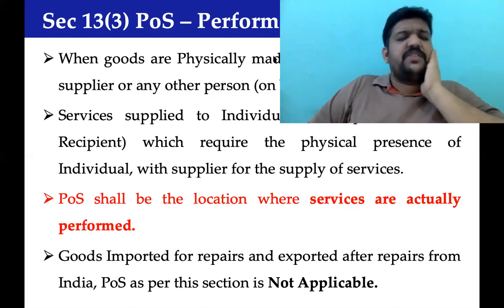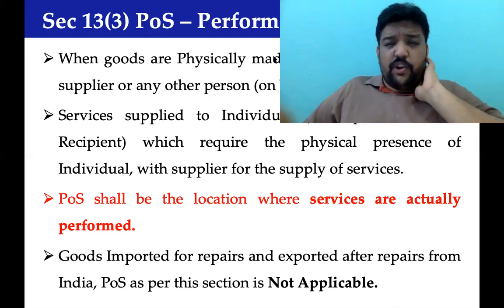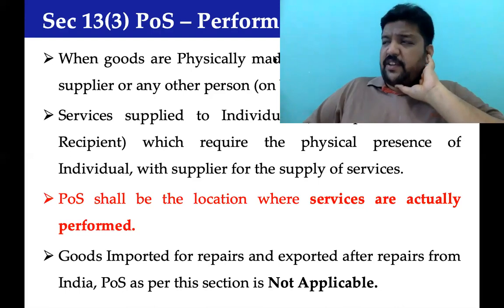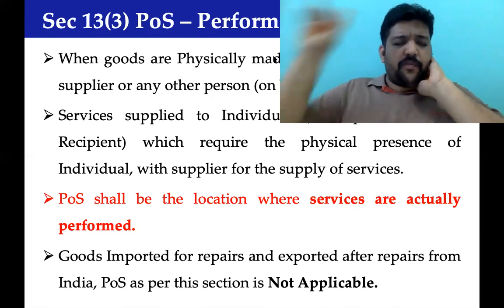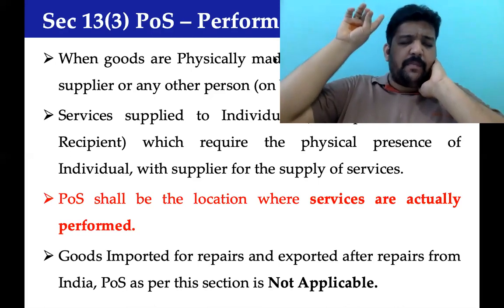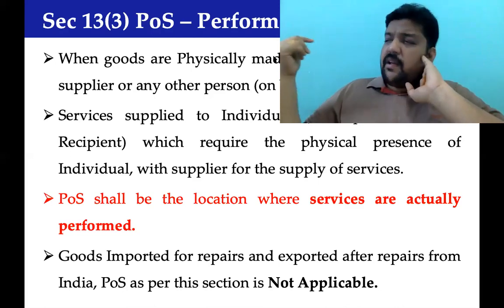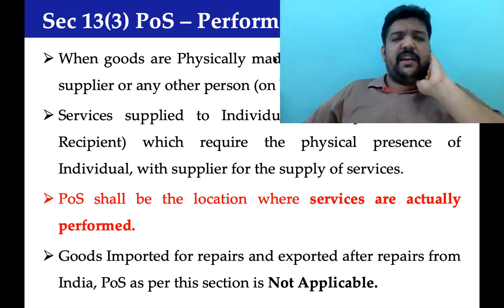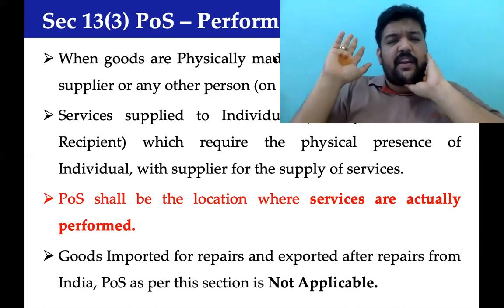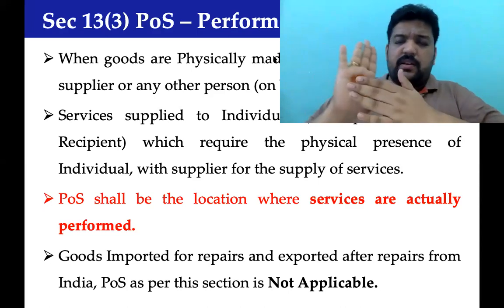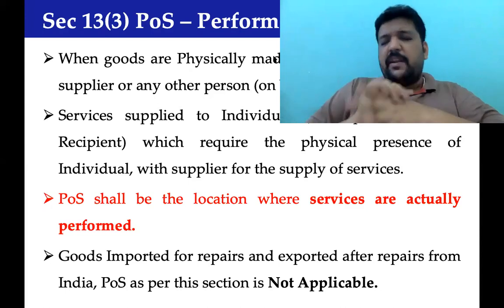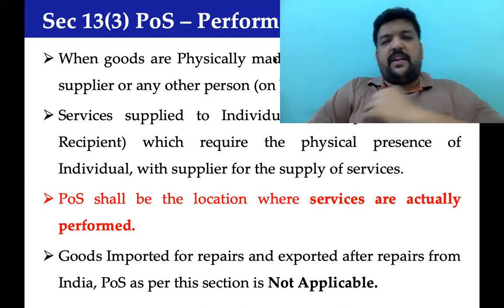Now look at the challenge here. This section told you only India. This section told you the place of supply is the place where the services are performed. Goods came to Bombay port from the UK company. The UK company supplied the goods to Bombay port. The fellow who is in Bombay cleared the goods and brought the goods into his factory. Some testing services they do. See what it has to produce, what speed it has to work. It is working. Here, take an independent certificate from a technical consultant.